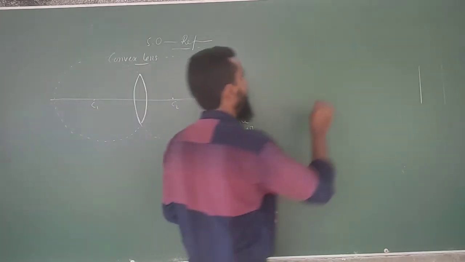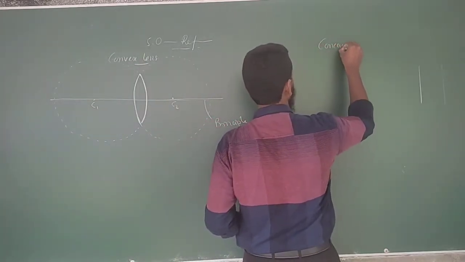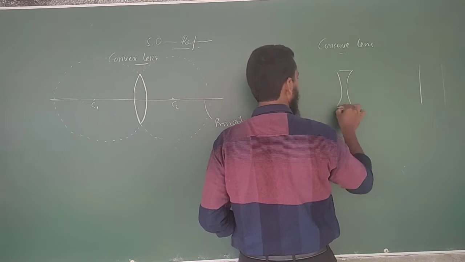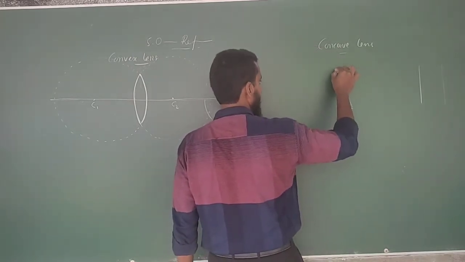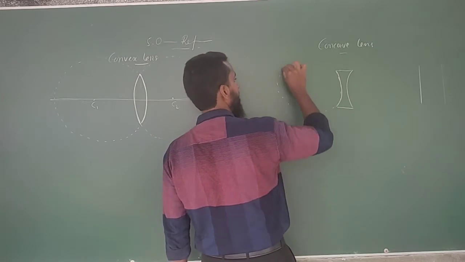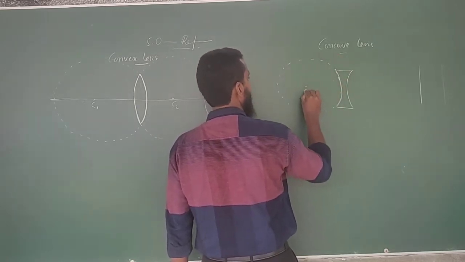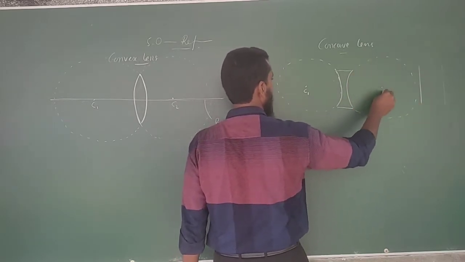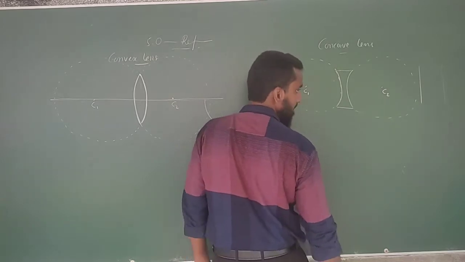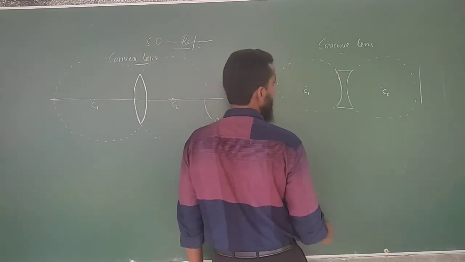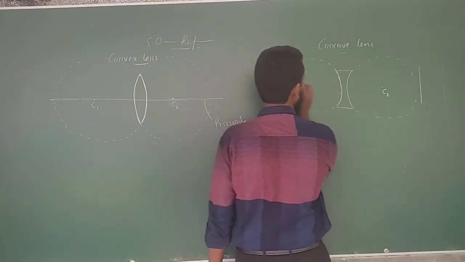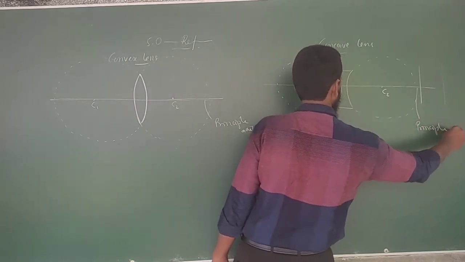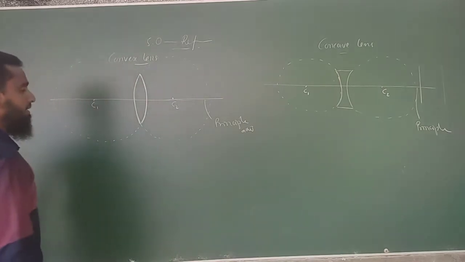The same as if you take the concave lens. Here also you have two curves. If you complete this curve, you will get a circle. We take this center as C1, and this is also going to have a circle, and the center for that circle is the center of curvature. If you connect these two centers of curvature by a line, then that line is known as the principal axis. That is the first part.